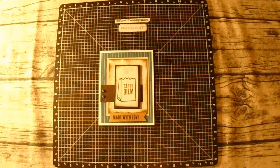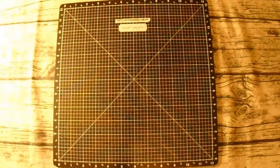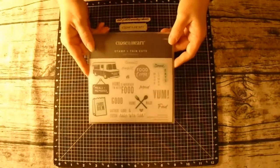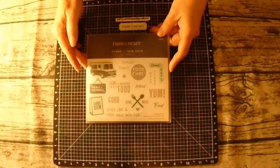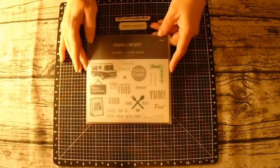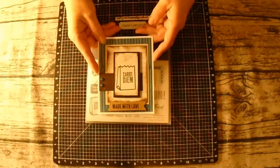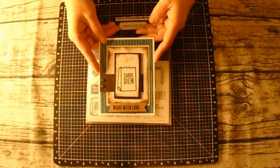Well, today I thought I'd take another look at a Father's Day card. I got a new stamp set. It is the Food and Memories stamp set that has so many different things for outdoors type folks as well as for cooks, and my husband is a cook, loves to cook. So I started with this card, Carbadium card, and thought that would be perfect for him for Father's Day, but